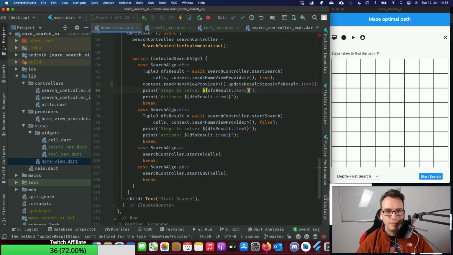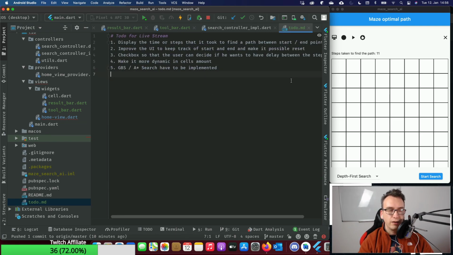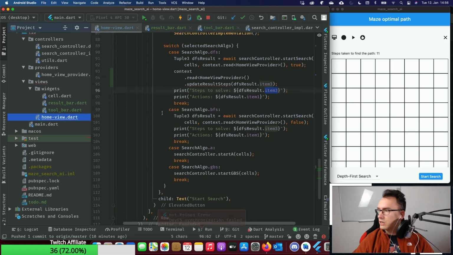I like the idea of the tuples, right? That we can just put something in, but I don't like that it is not really speakable, because what is item 3? So maybe in the future we also have to change that, go away from a tuple approach and create classes for that. So 6: remove tuples and use classes for it. I think that makes it more clean.